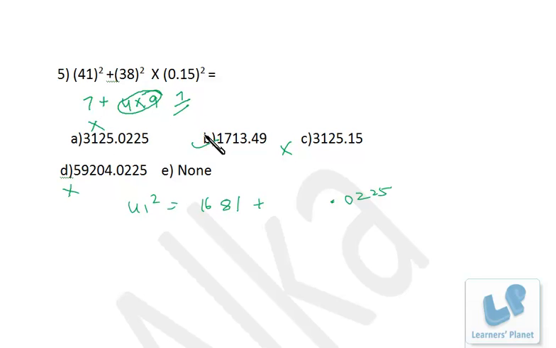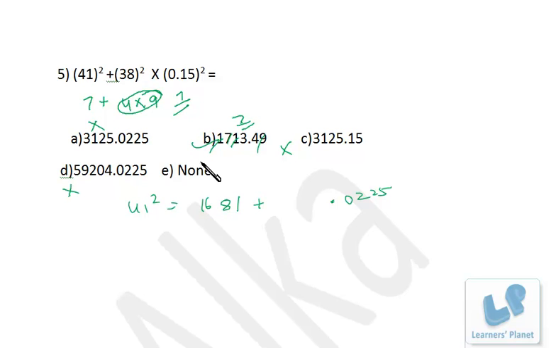Now your answer must be having the final digital root as 7. So let's check with this. 7, 8 and 9 has gone, 9 has gone, so we are left with 7, right? So indeed this is the correct choice. And one more important thing over here, you need to think the answers are not at all approximated, else the digital root method will not work.